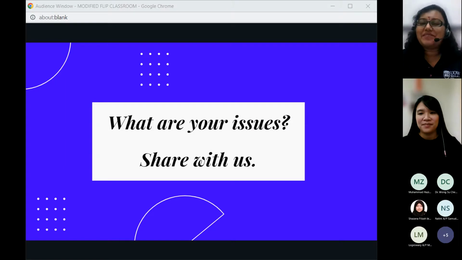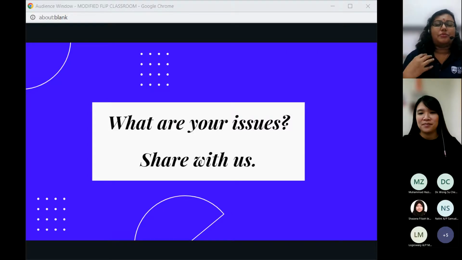I totally agree with you, Dr. Wong. There is definitely a difference between the levels of students as well. Because I feel bachelor students, I mean degree students, are very independent in a way. Even when I teach writing and referencing, it's the same course, but I'm teaching both diploma and degree. So when I implement this flip, I usually have very minimal issues with degree students because in a way they take responsibility for their own learning, they know that they have to do it.